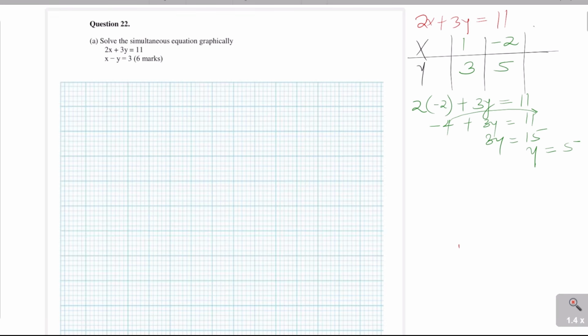So you're still getting whole numbers. Those 2 points are enough for you to draw a straight line, but for confirmation, it is advisable that you use another point. You can use that one for confirmation of the line. So you can use, for example, 7. When x is 7,